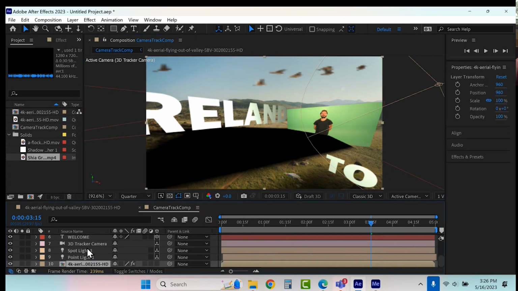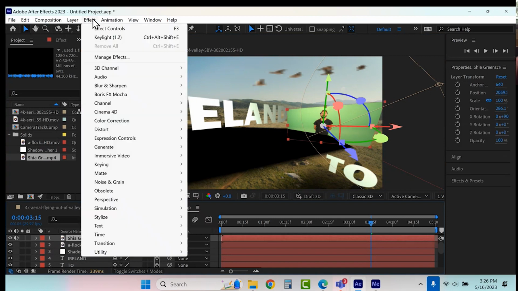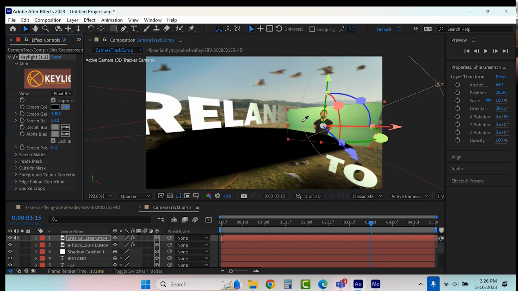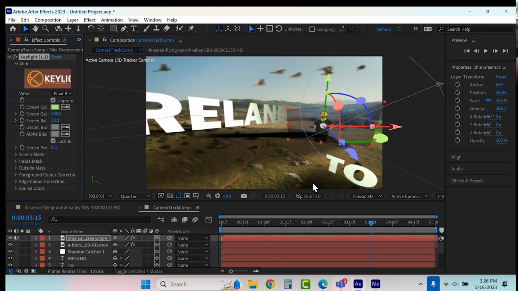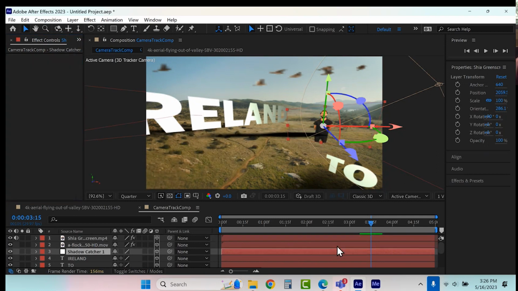Put that. Looks like it needs a little bit of spill matte. This is not a very good green screen, you can see. Play around with clip black.